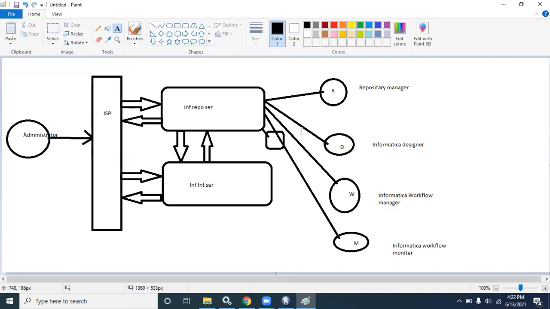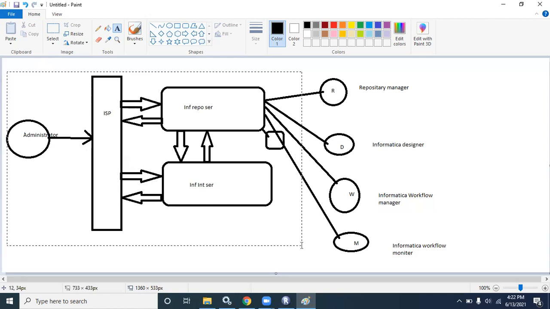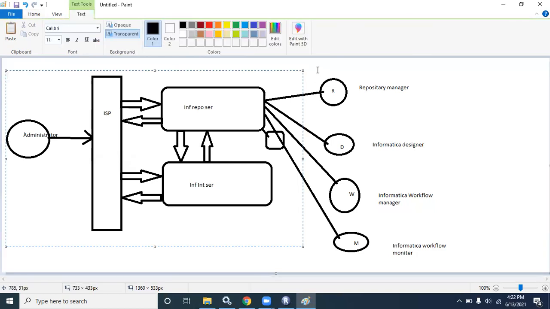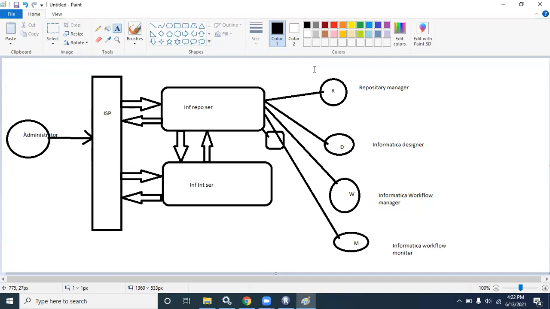Let me tell you those things slowly. I'll go to those parts also, no need to worry. Whatever I showed you the first time, up to this point, is the server part: the installation, each and everything. Again, the repository manager handles things like code deployment, folder creation, and configuration with the server. Each and everything is maintained here by the administrator, using the repository manager.